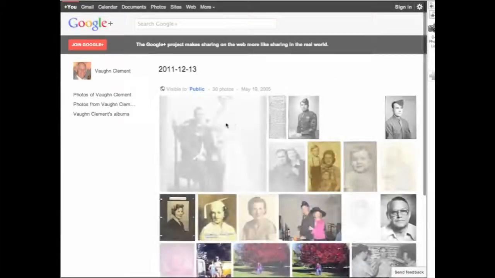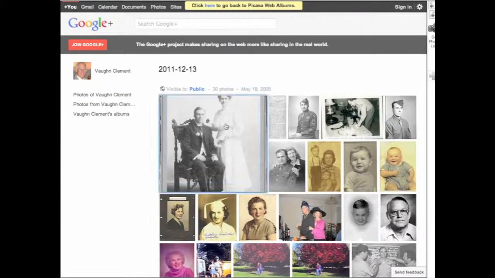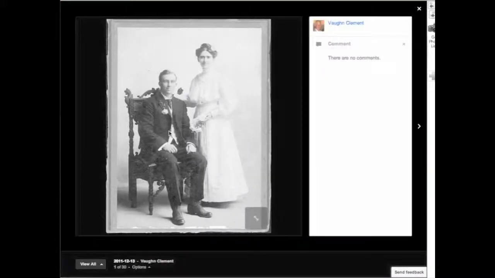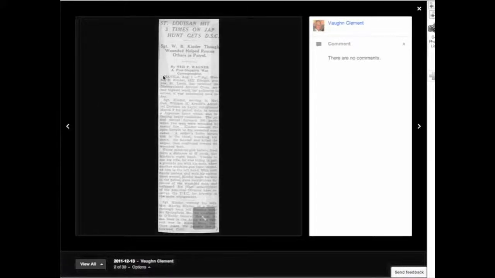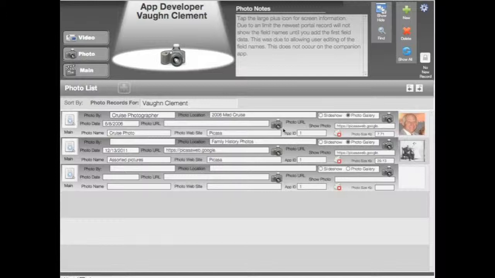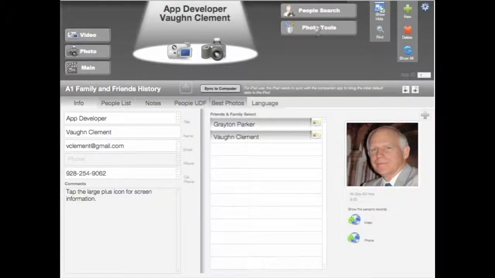And I can run a family history. In fact, you can see I've got my grandparents in here. And I can do a pop-up to look at each individual picture. And if I wanted to, I could copy this picture and then put it into a record. I even have articles out of newspapers in here. So I have a lot of different things. This is one of my uncles who won the Distinguished Silver Star in World War II. If I want to return, I just click onto the photo icon over at the top where it brings me back to this page. And if I wanted to do things like research with places